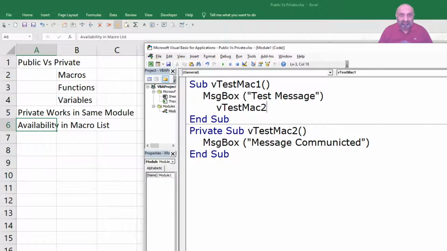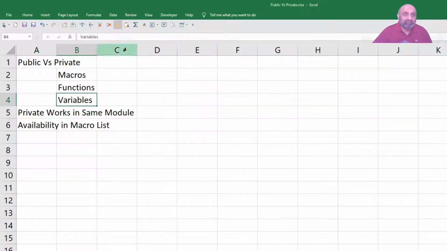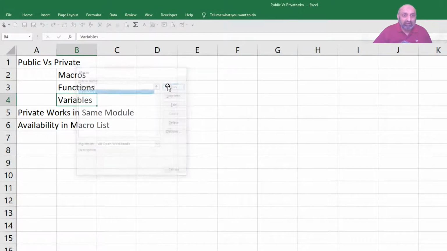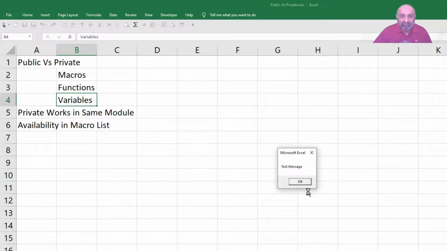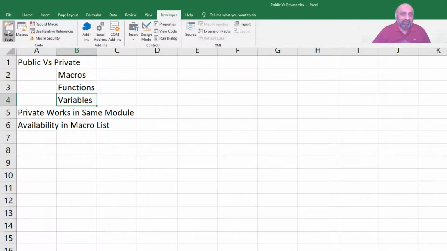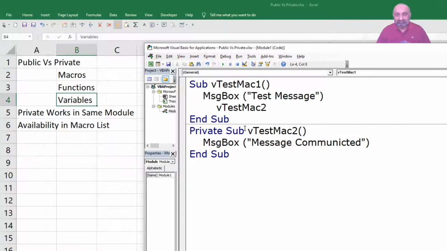If I say sub test mac2, and if I run this from macros, the macro number 1, this is the test message from the macro number 1, and this is from the macro number 2. So you can see that within the module this macro has called the second macro.